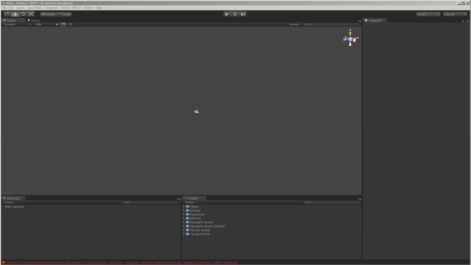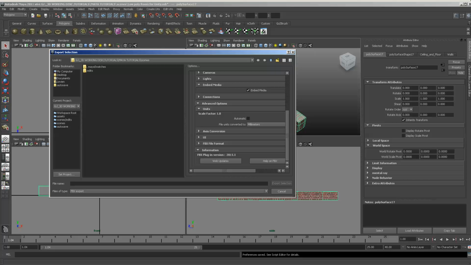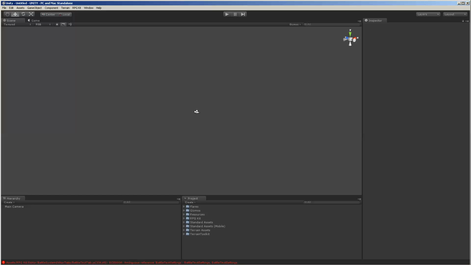Well, let's first just export this to Unity: low poly room, export selection. Well, it's now exporting. And what we can do now is